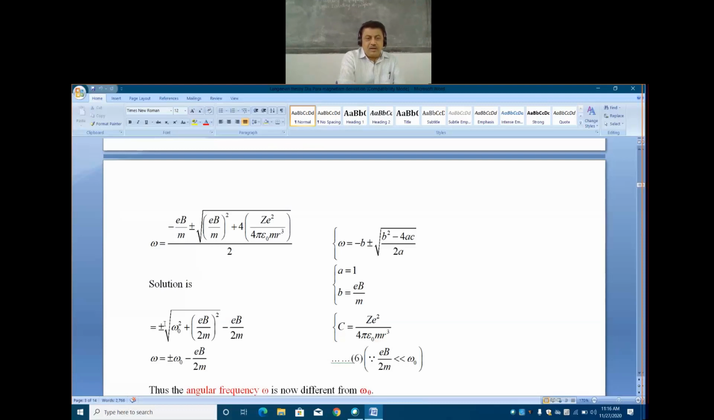Therefore, within the root, the square of the small term is very small. So therefore we neglect it. So this is equal to